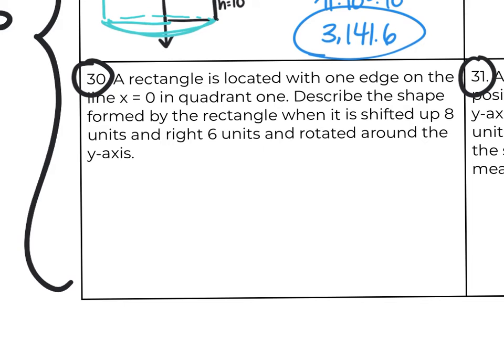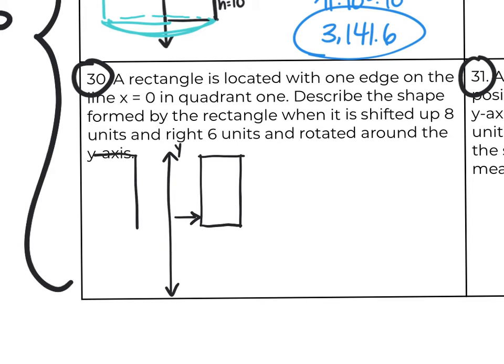So a rectangle is located with one edge on the line x equals 0. Well, x equals 0 is the y-axis because that is where x is 0. In quadrant 1, describe the shape formed by the rectangle if it is shifted up 8 and right 6. It doesn't actually matter about the measurements. It just means it was moved over from the y-axis. So you want to think if you directly flipped this, I always do that to draw my image first. It would be on this side, but also if it was rotated around, remember we talked about a revolving door in class for just the rectangle, but if it's moved away, then we have this